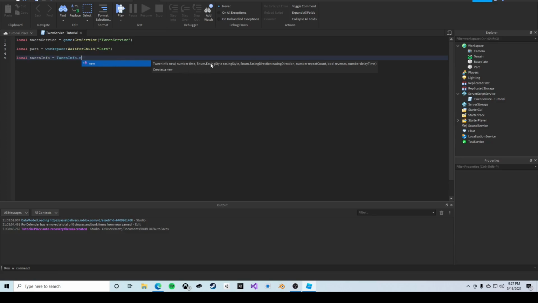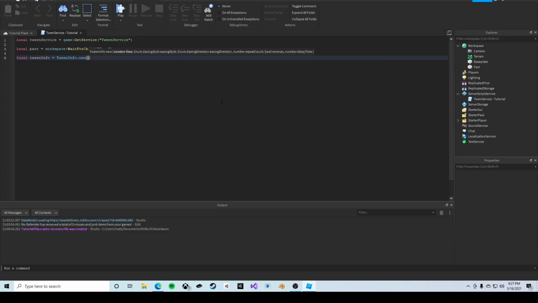So we have number time, which is what I just explained, the easing style, the easing direction, repeat count, reverses, and the delay time. These last 3 aren't as important as the first 3, so we could just leave those blank and they will get auto-filled by Roblox Studio to the defaults. So we need to have the number time, the easing style, and the easing direction. So first we'll just have 1 second for our time, and then we'll do